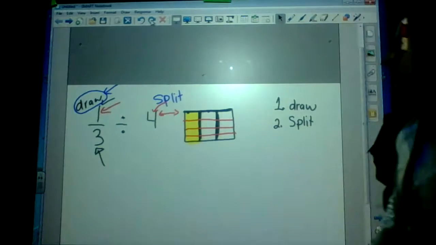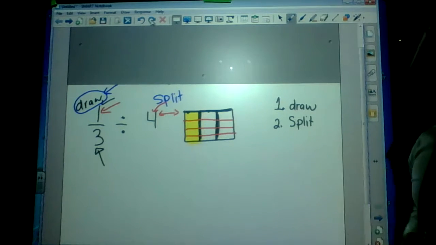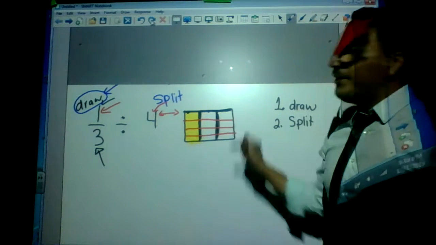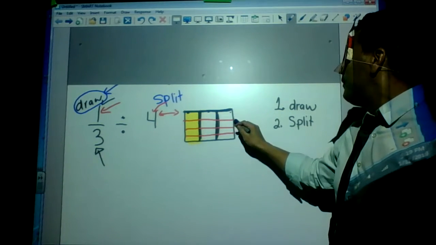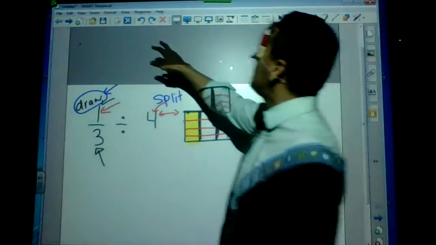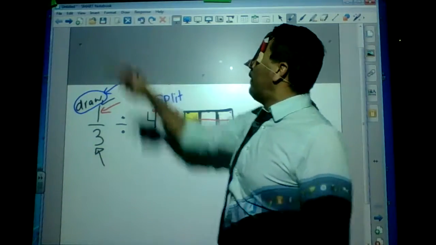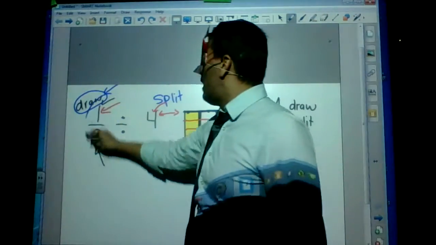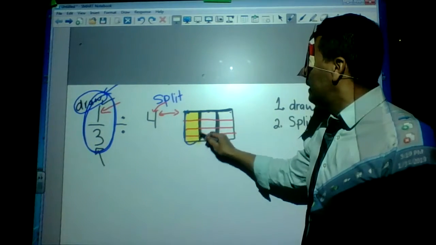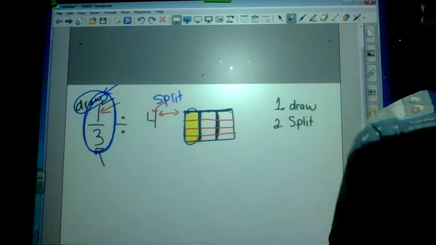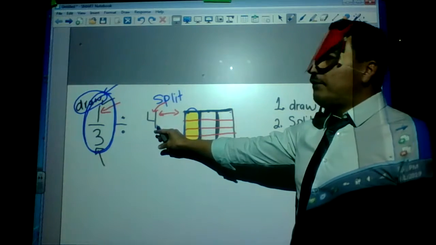Now, we are basically finished. So how do I get my answer? Where do I look? What do I count? I see stuff shaded. I see stuff blank. What do I do? What do I count to get my answer? Well, let's think about it a little bit. First, we need to think that this is what we gave away. We gave away only the yellow part. That's what we have to share, to divide. So if I share that between 4 people,